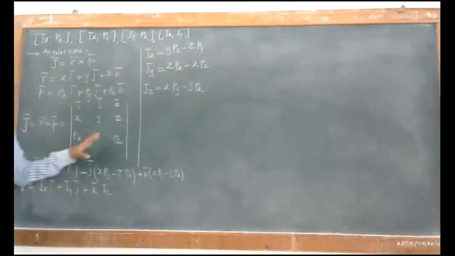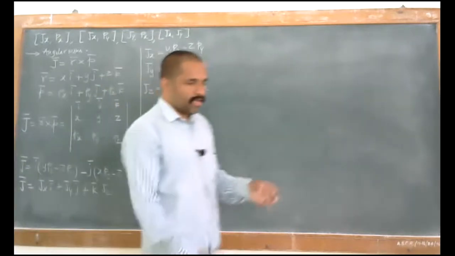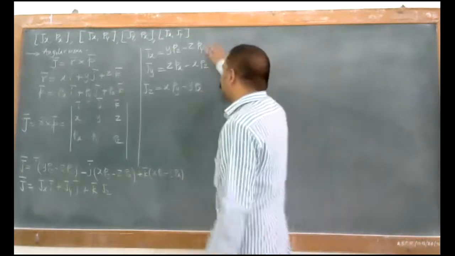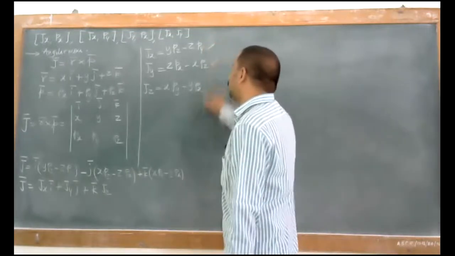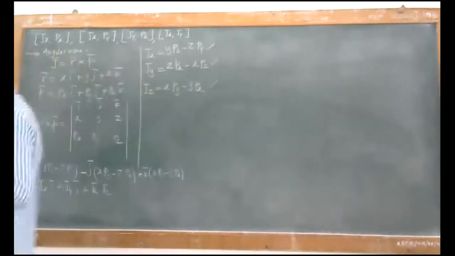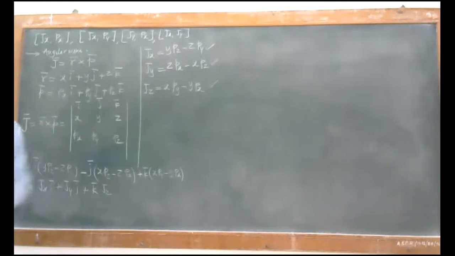We are not given what the angular momentum is or the other conditions, so we just have to find it out: the values of Jx, Jy and Jz. We have to calculate these three values, and then we start our problem. The first thing is to prove the conditions. The first condition asks how we can write the Poisson bracket of Jx and px.